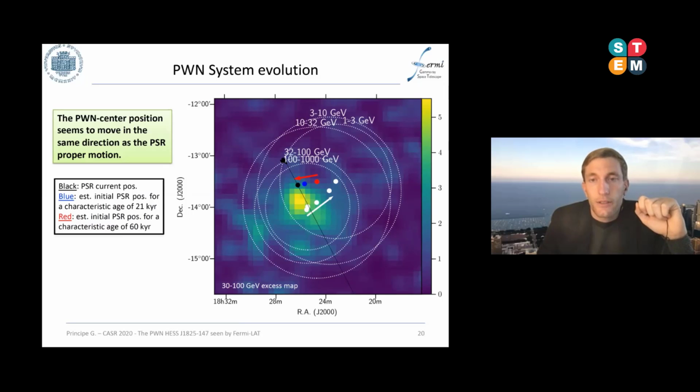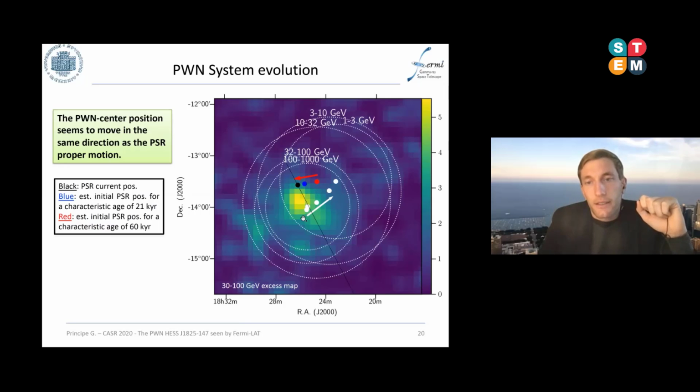So about the pulsar nebula evolution, what we observe is that the centroid, so the center of the 2D Gaussian of the extension, moves if we move from lower toward higher energies. And it moves in the same direction as the pulsar proper motion. In the figure, black is the current position of the pulsar. If we believe that the pulsar has 21 kiloyears as the characteristic estimated age, the blue point is the obtained one,